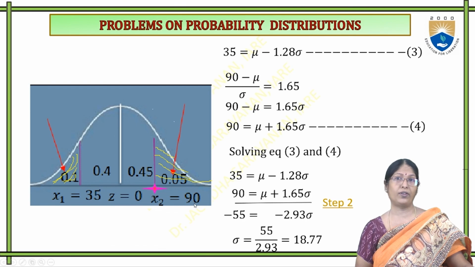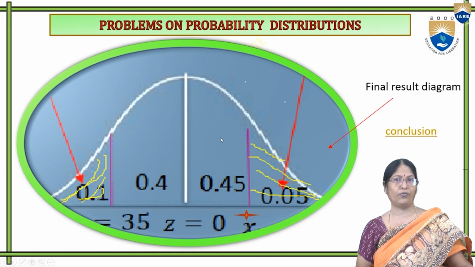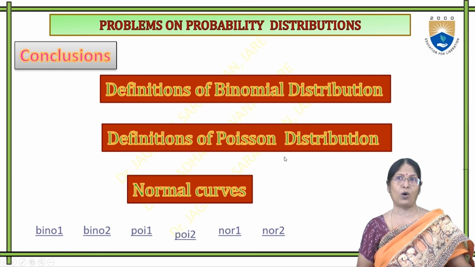For the graphical representation, the background of this, the fair representations to get the initial stages, are also explained in detail. So this is the rough diagram of this particular problem. This is the fair diagram, and here the points to be plotted, Z1 and Z2, wherever they are, the star indication is also presented. So totally we discussed in great detail the probability distributions: binomial, Poisson and normal curve,